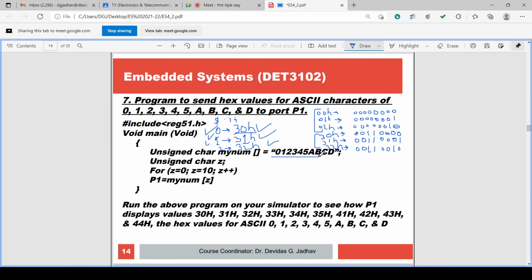These are double quoted ASCII characters.